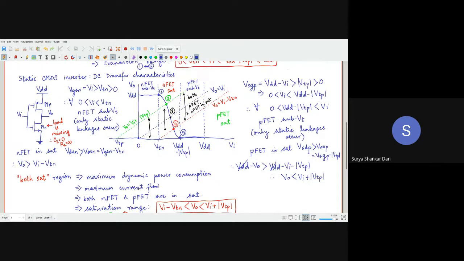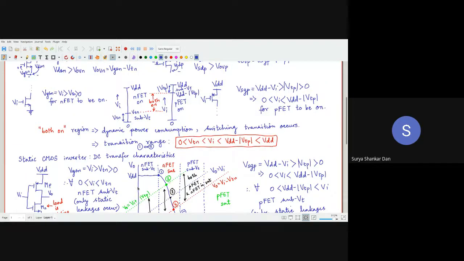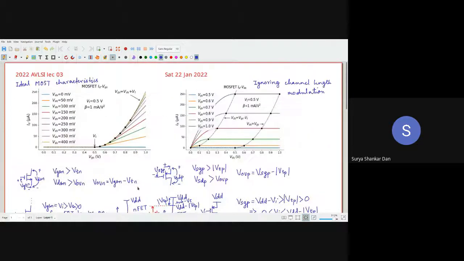In our next lecture, we will understand channel length modulation and its effect on circuits. Then we will understand in the process the significance of the second line which I drew, which is the deep saturation region. This is a soft saturation. We will understand the concept of deep saturation, and I will be taking that on Monday itself.